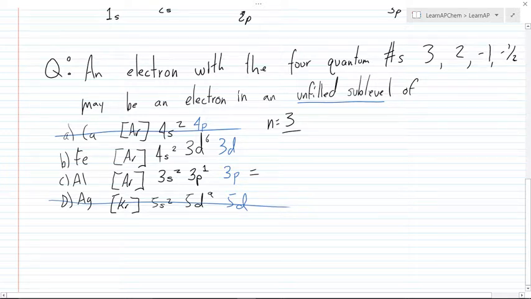So now we'll jump to our second quantum number, 2. Now, 2 is saying that what shape